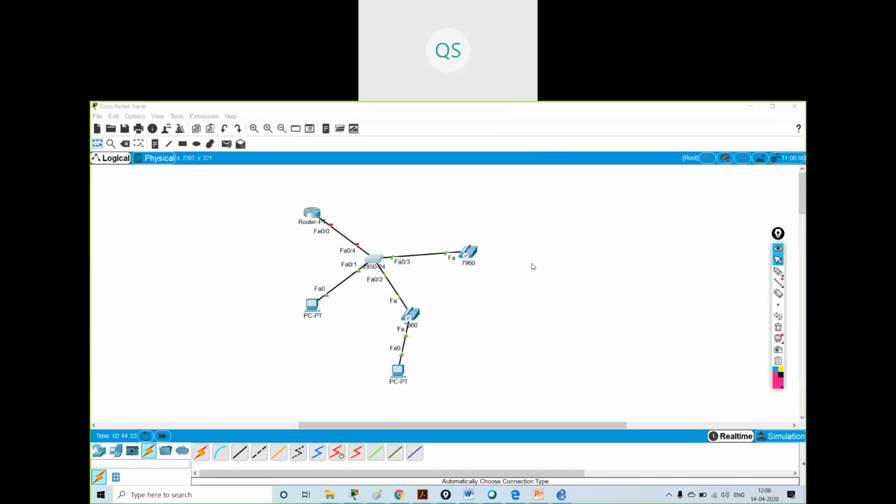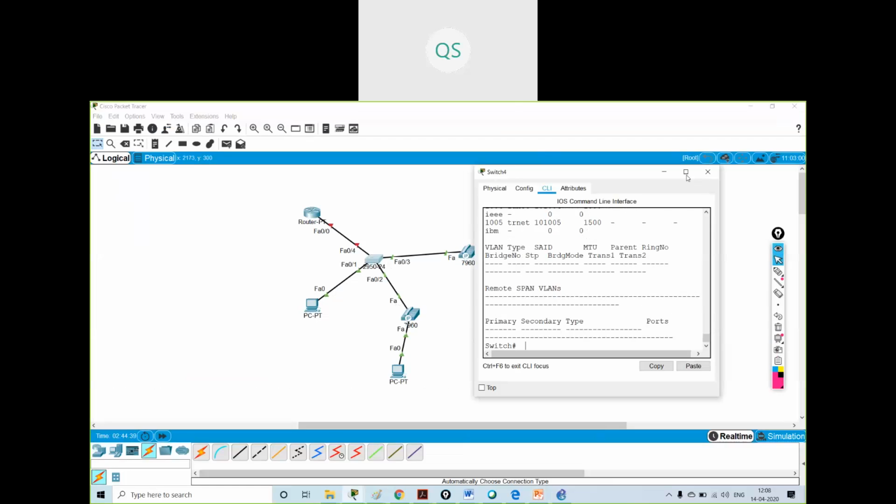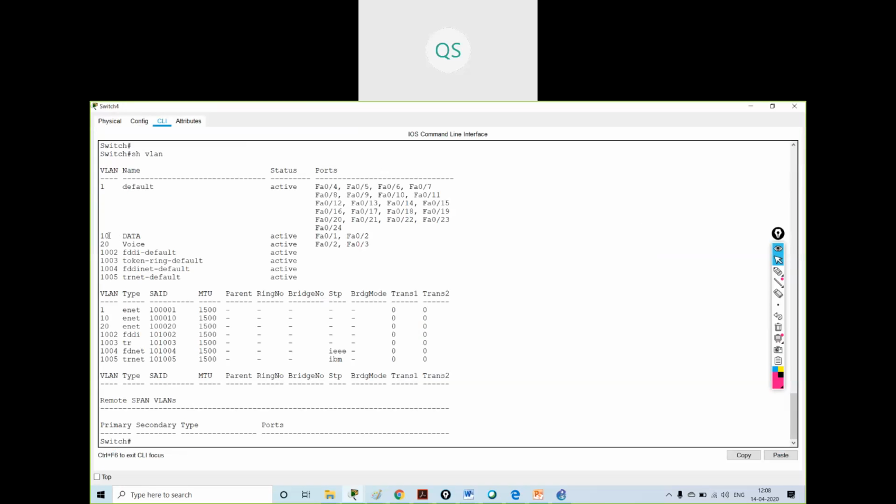So, we have seen how a port can carry voice as well as data traffic both. We have configured the things, so FastEthernet 0/2 is carrying data traffic as well as voice traffic both.